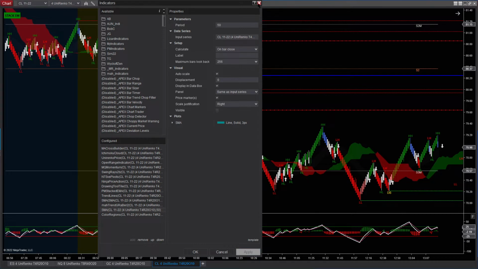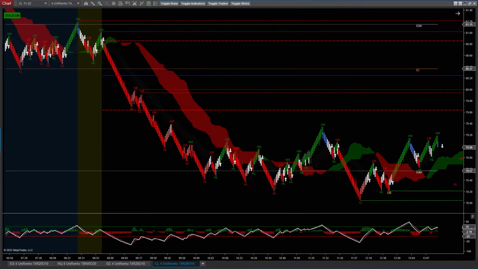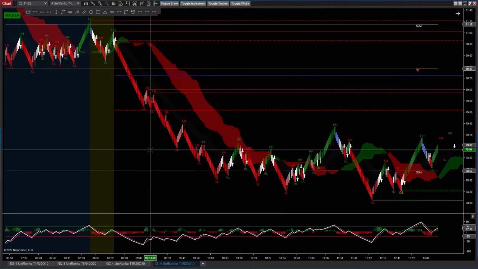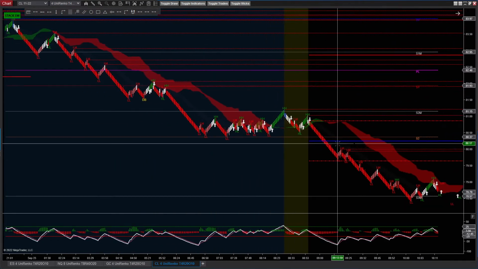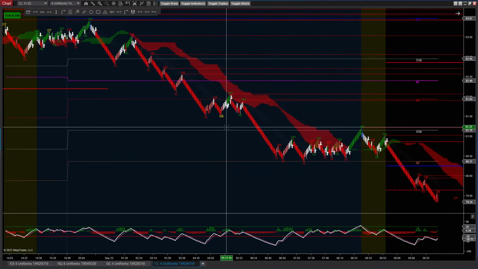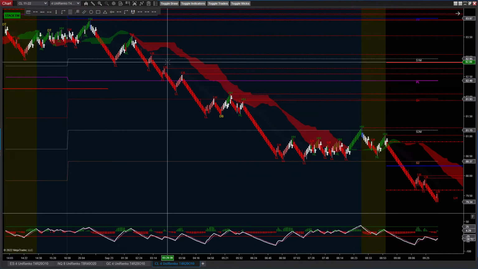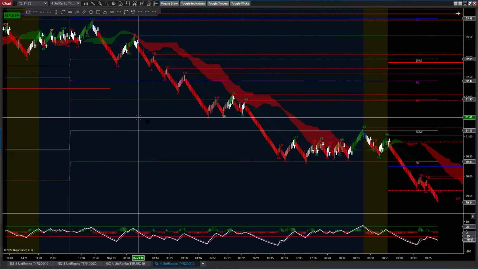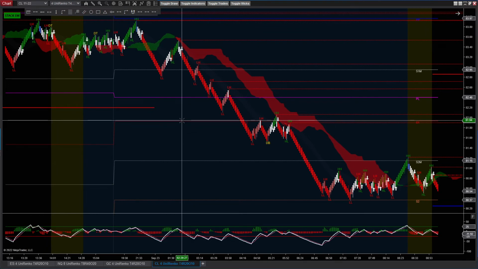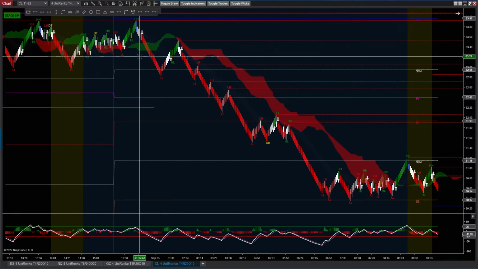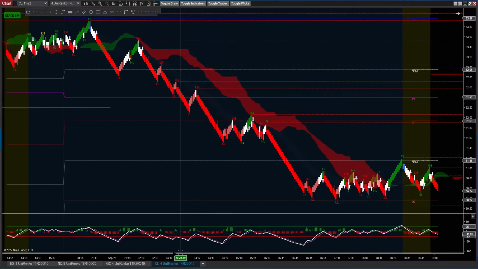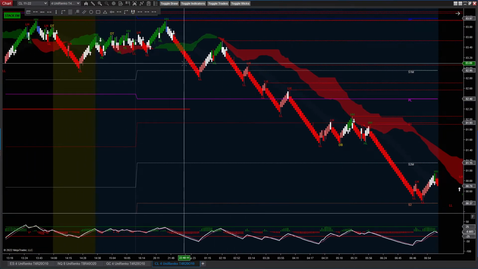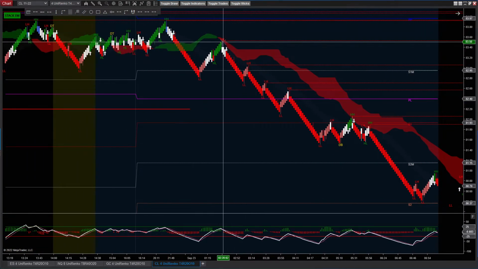So basically here you have the Ichimoku cloud, and when the price is below this, you are looking for shorts. Basically, you have to consider the moving average. I do consider the moving averages as well, but this setup is just considering the touch to the